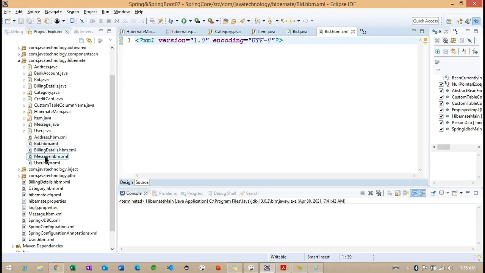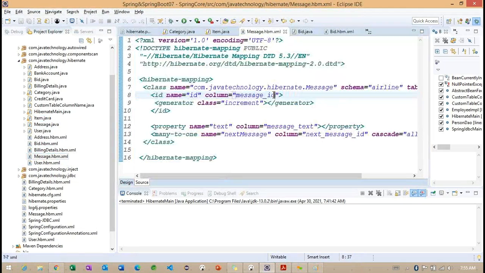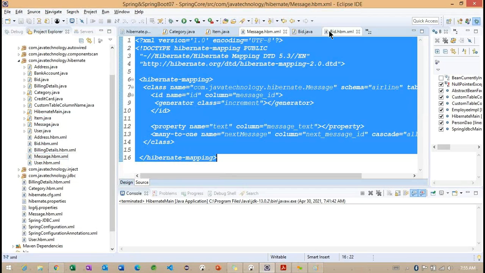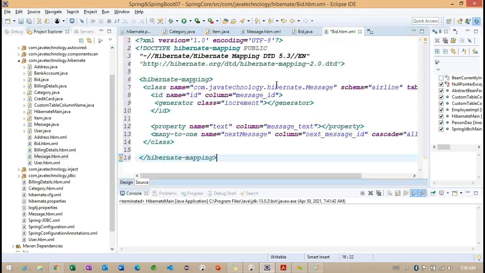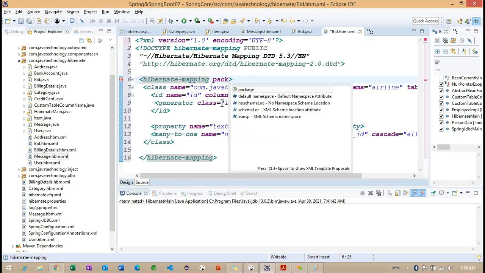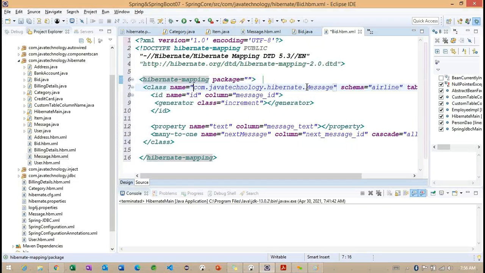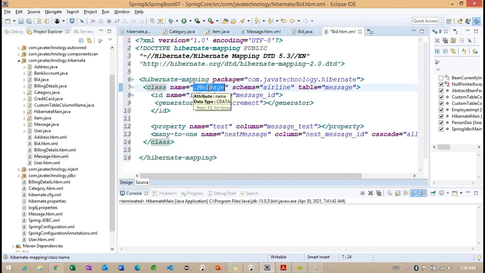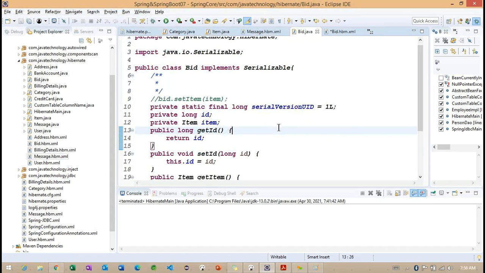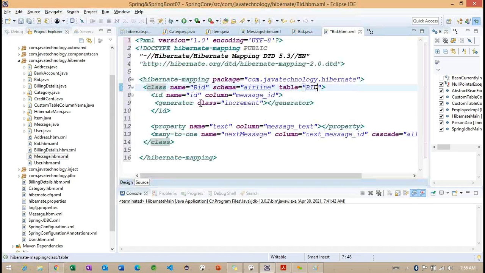I want to copy the message related mapping information, because this particular message has some less configuration, so that we can change all the information. I want to provide the package. So this is all about the package and the name of the class I'm working with, bit. So schema we are going to work with airline, and table we are going to work with bid.